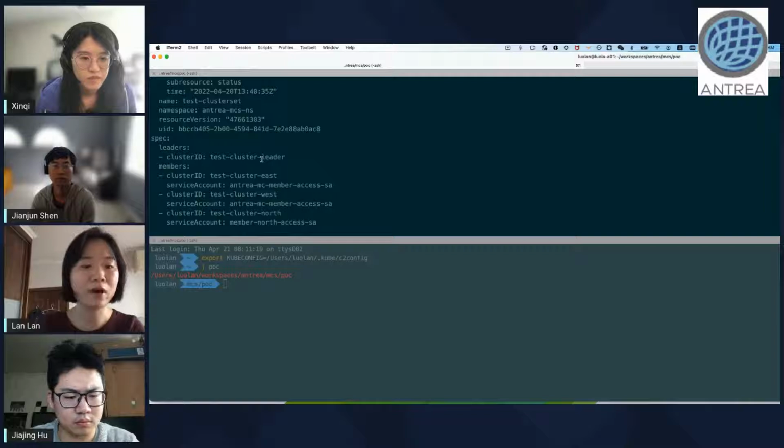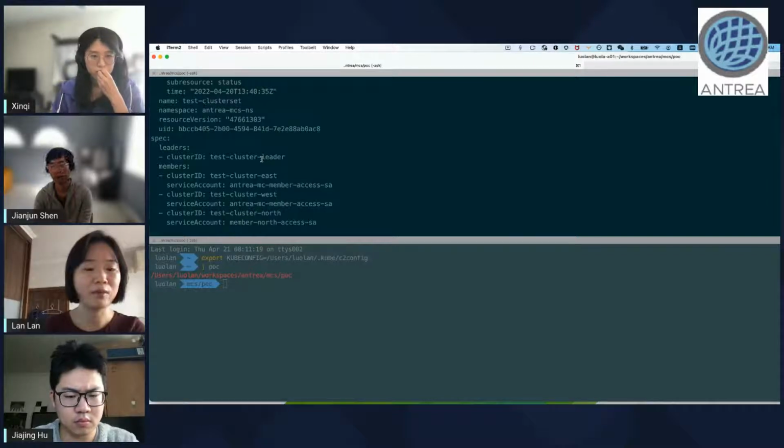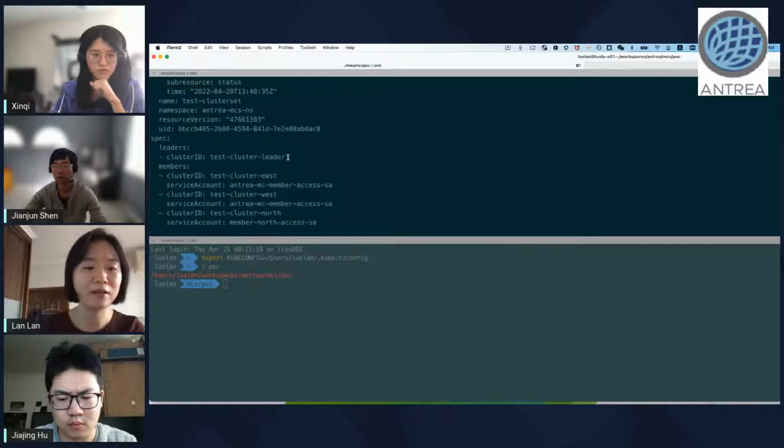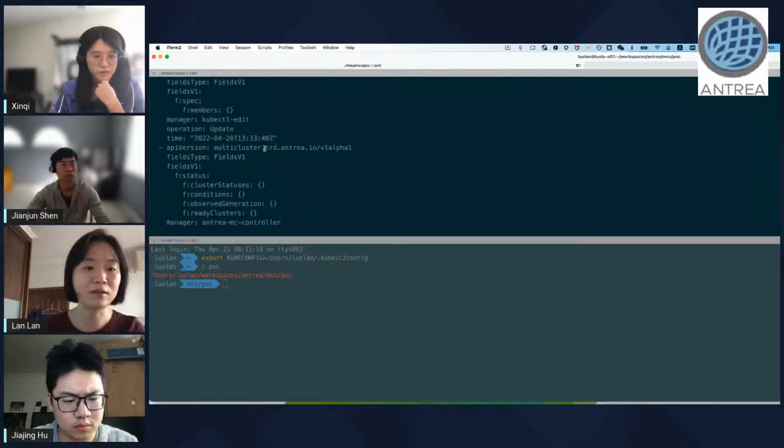Actually, you can consider that as a part of the ClusterSet. It uses the ClusterClaim to say, hey, I am a cluster, and I will be one part of the ClusterSet named test ClusterSet, and my ID is test cluster and so on. So when we use a ClusterClaim, it's just claiming itself: my ID is what, and what is my ClusterSet ID. And only in the ClusterSet resource,